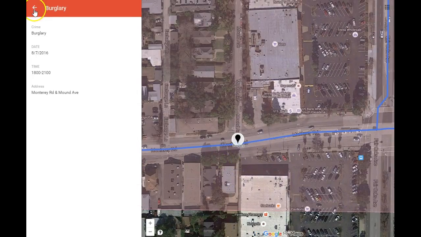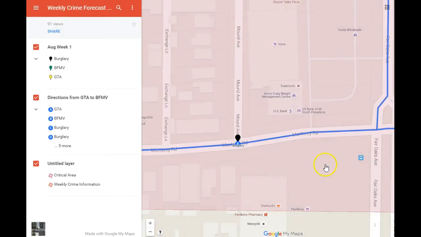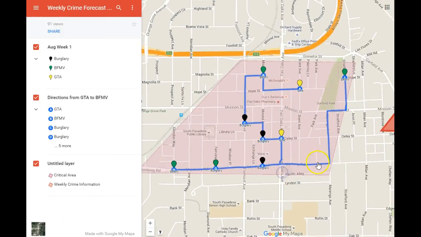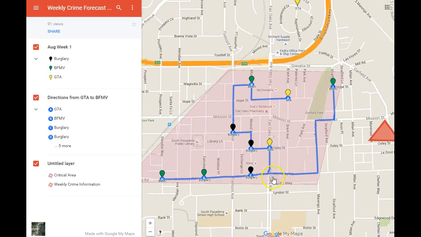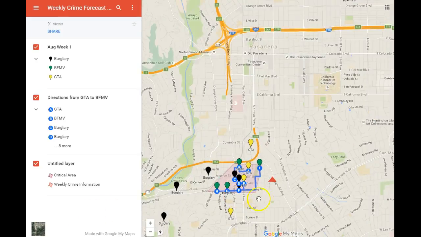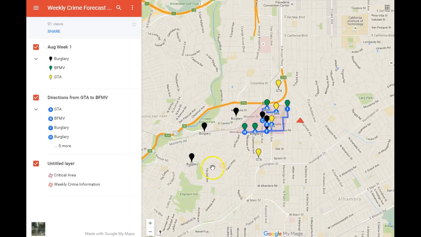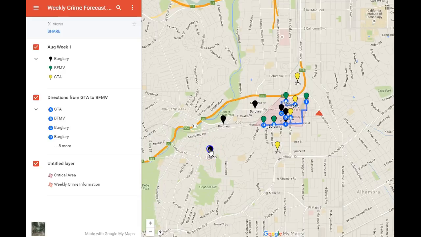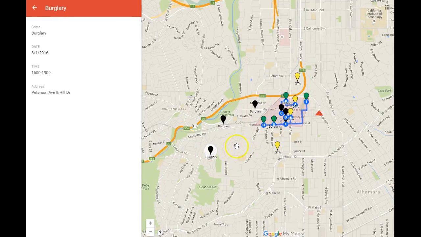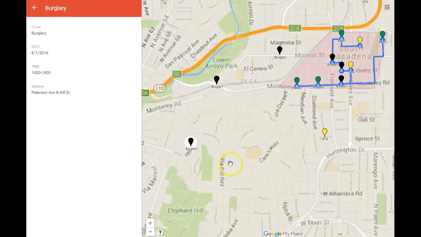Now what you can do is go back to the regular map, zoom out, and put together a plan based on your resources to patrol a certain area. If you zoom out, you will see that there are other crimes in the South Pasadena area. Now, because they are not part of the actual route does not mean you should avoid them. If, for example, this balloon shows me that there's a strong probability that a burglary is going to occur on August the 1st between this time at this location,